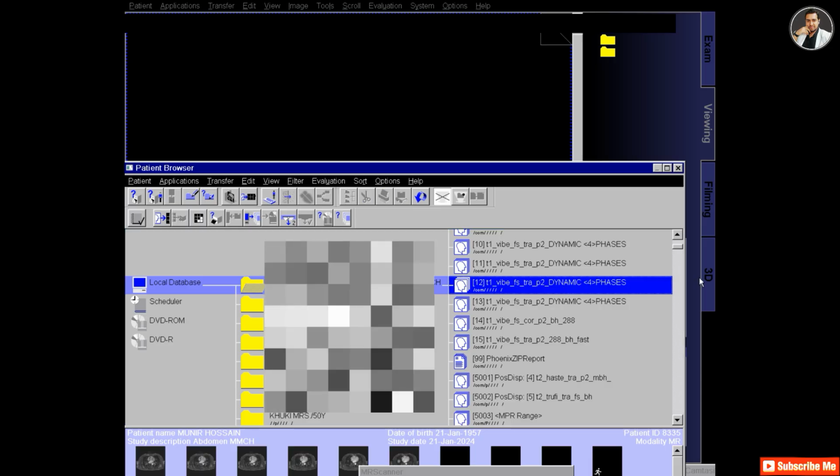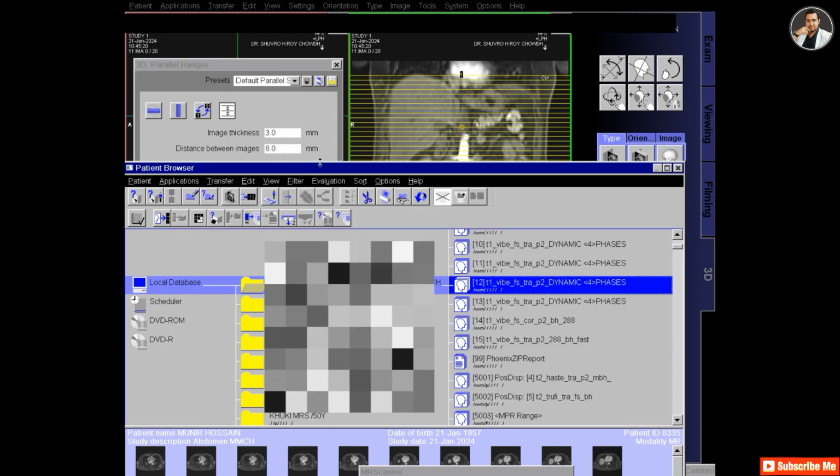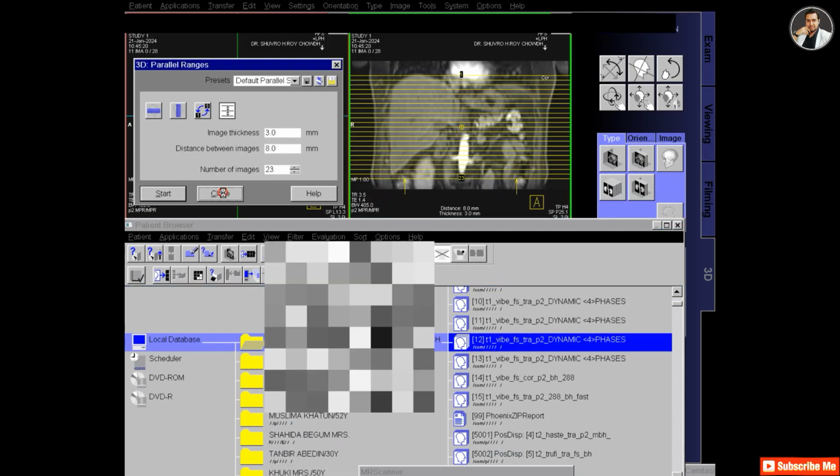And now let's go for the portal venous phase. Drag the series in the 3D.